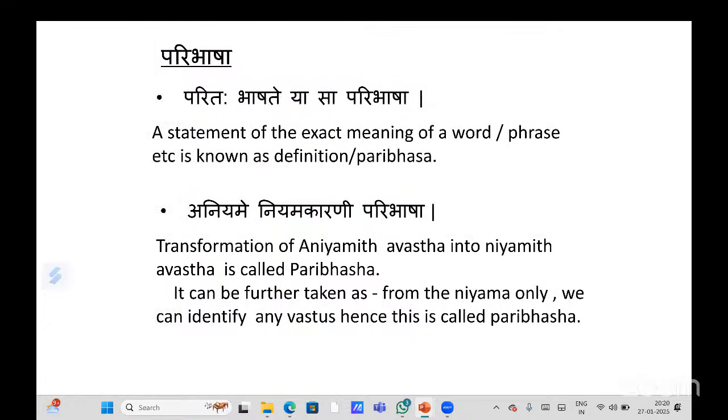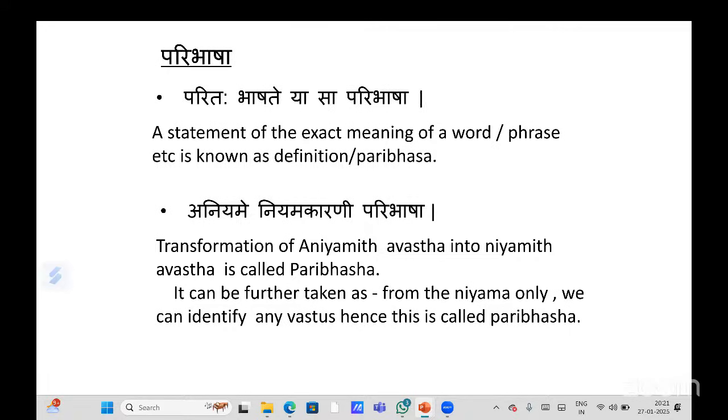The statement of exact meaning of a word or a verse is known as paribhasha. Okay. So, aniyame niyamakari paribhasha. A transformation of aniyamita avastha into niyamita avastha is called paribhasha. It can be further taken as a form of niyama only. So, we can identify any vastu, then this is called